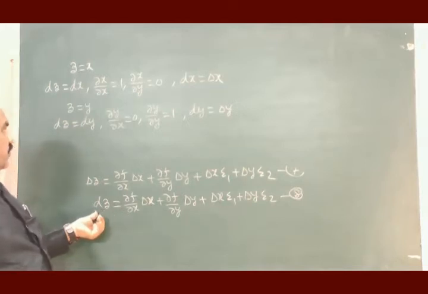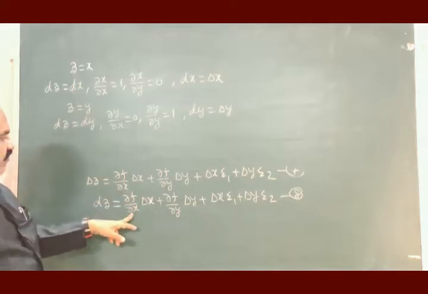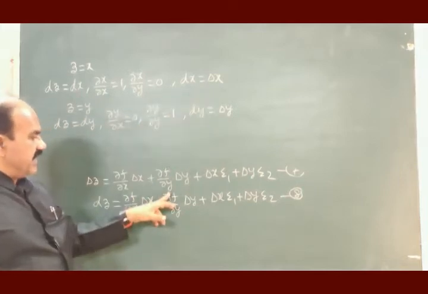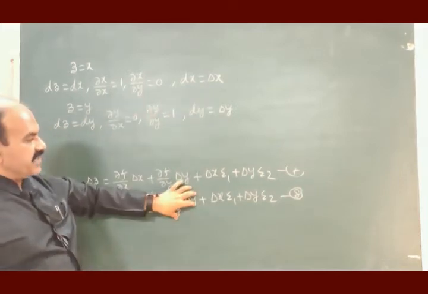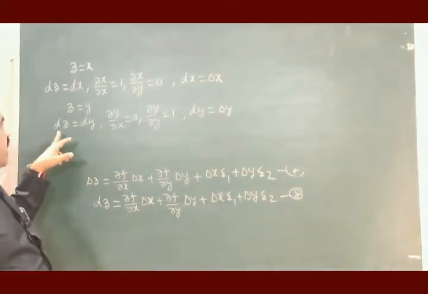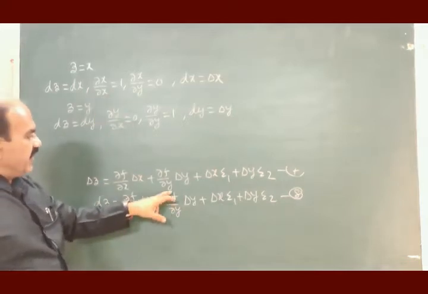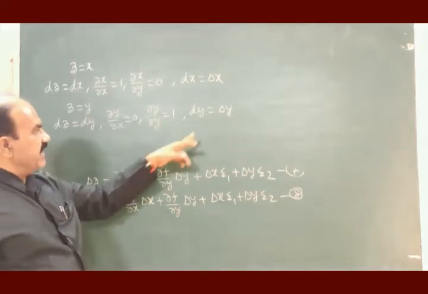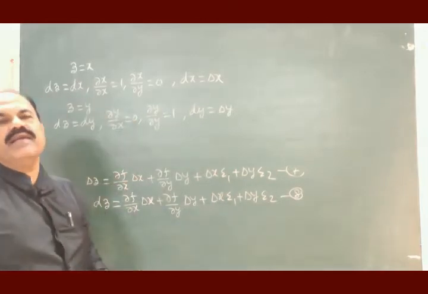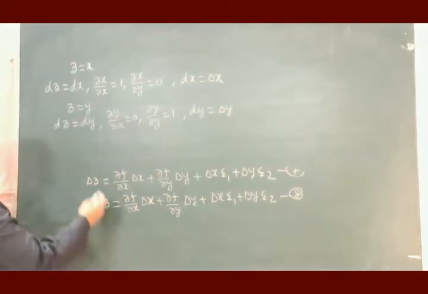When we put z is equal to x, dz will be equal to dx. So this will become 1 into delta x, dx will be equal to delta x. This will become 0, so this term will become 0. These are negligibly small. When we put z is equal to y, dz will be equal to dy. This will become 0 here. It will become 1 here. 1 into delta y, so dy will be delta y. The remaining two terms are negligibly small. And therefore, with this, equation 8 may further be written as